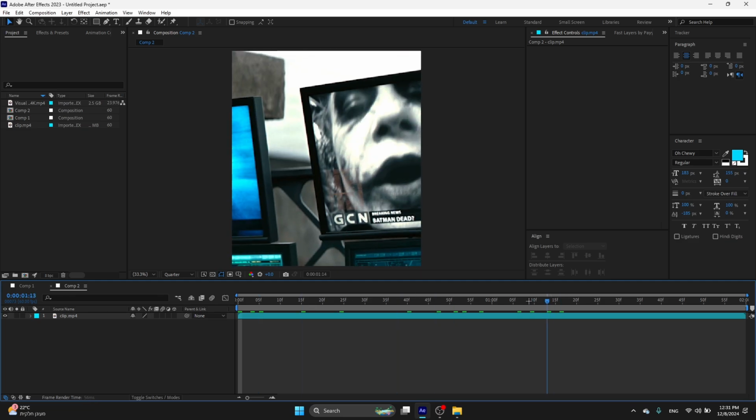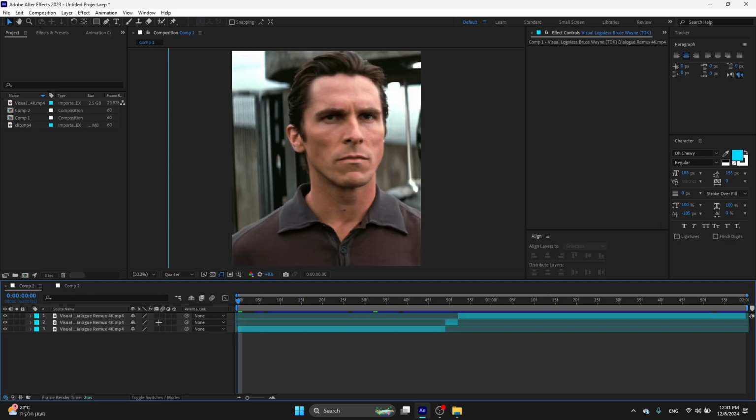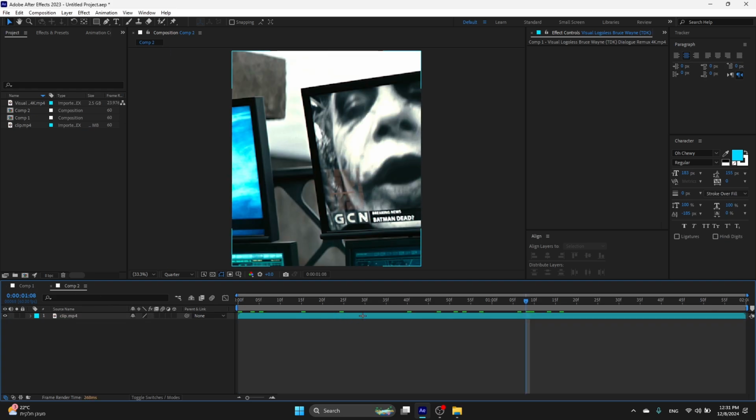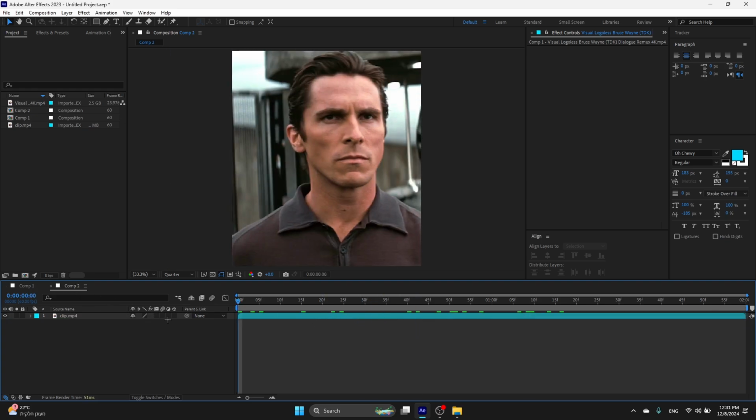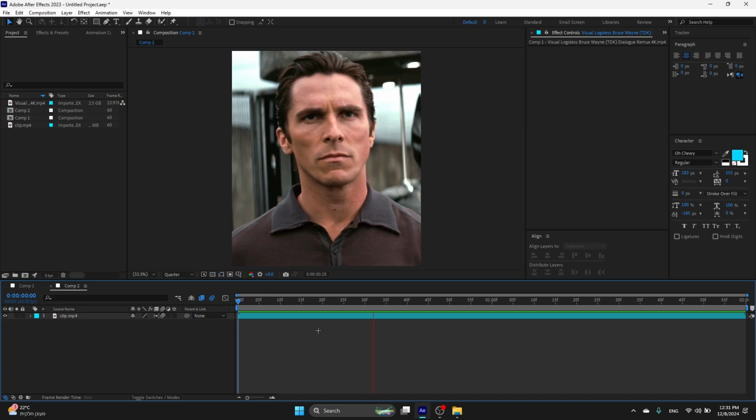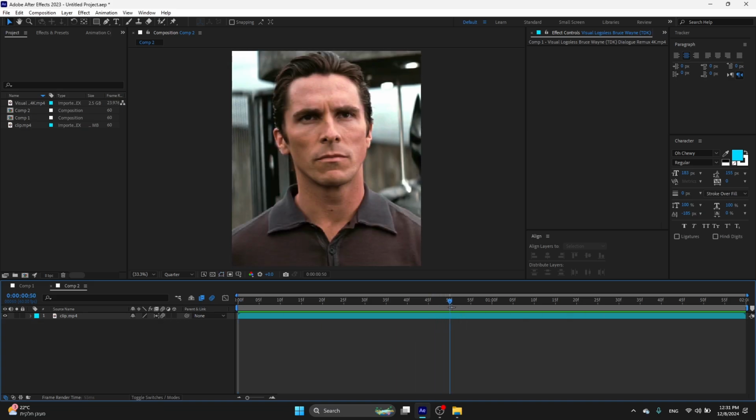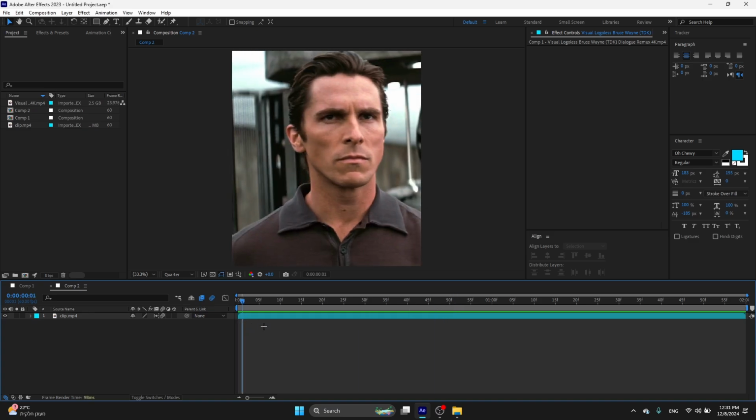As you can see, this is the clip. You can see the before. I do not turn on the frame blending. Make it simple as it is. So right now I'm gonna add motion blur and frame blending, and you can see this is okay. You don't have the frame glitch over here. So this is method 2.